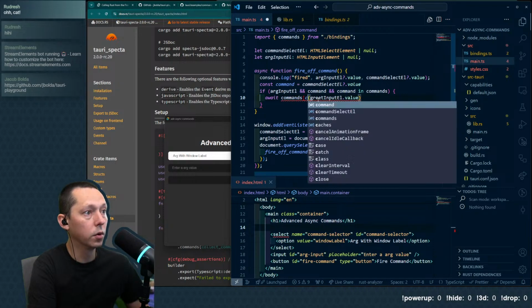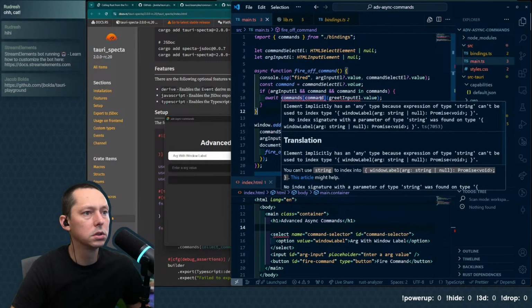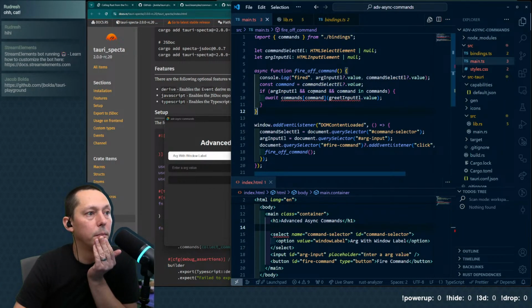So it will then be command. Now I'm curious if, yeah, so the typing is going to end up getting real weird here because the possibility of this is that our command is string or undefined.